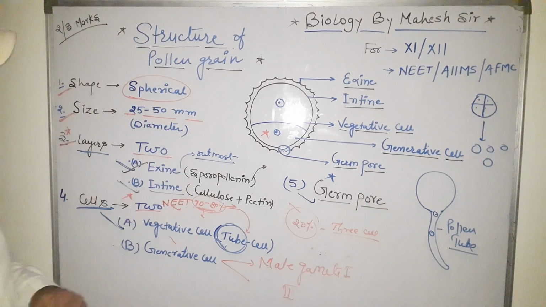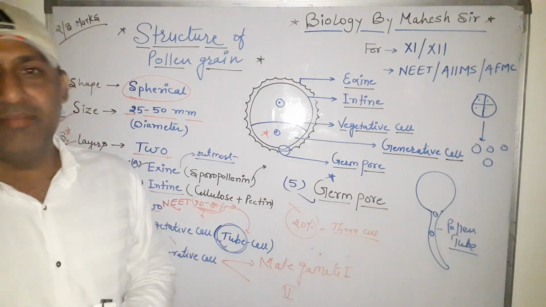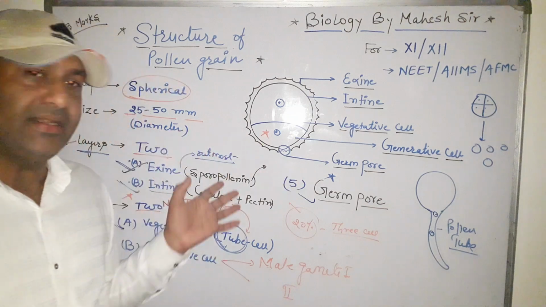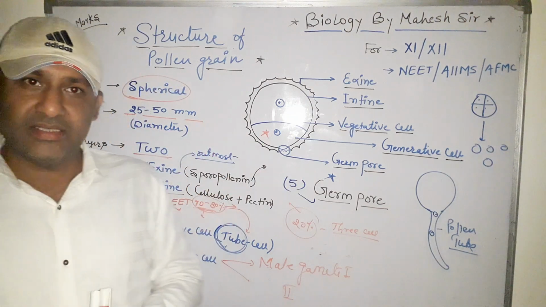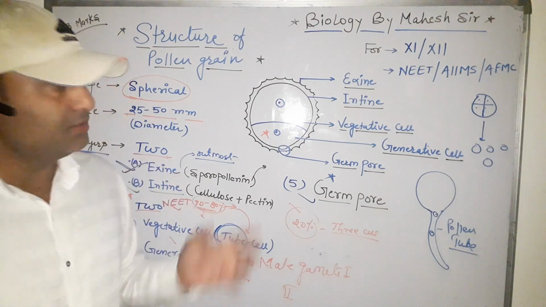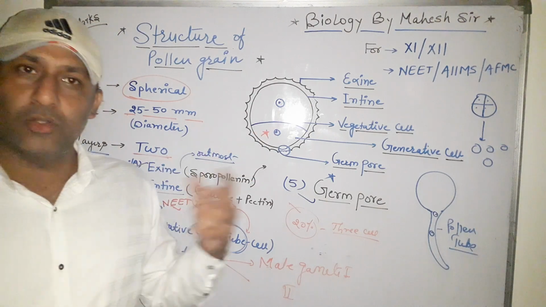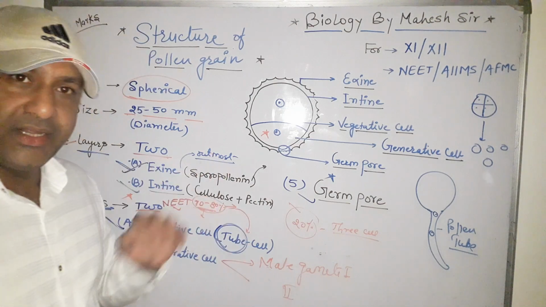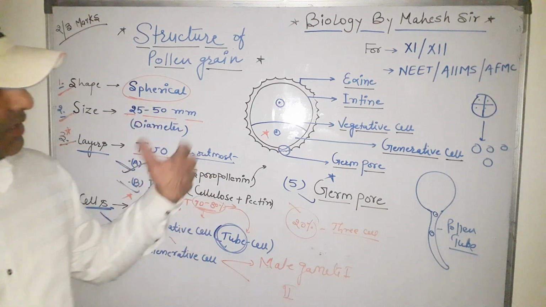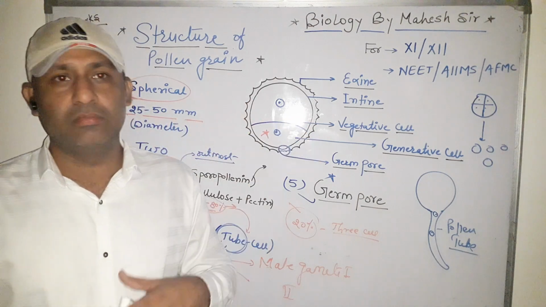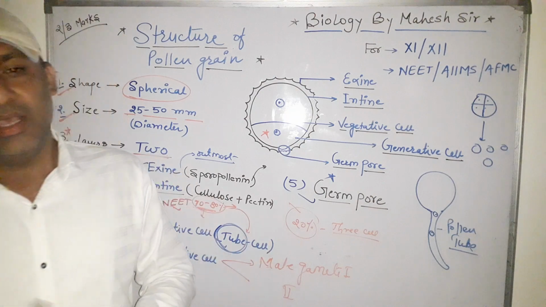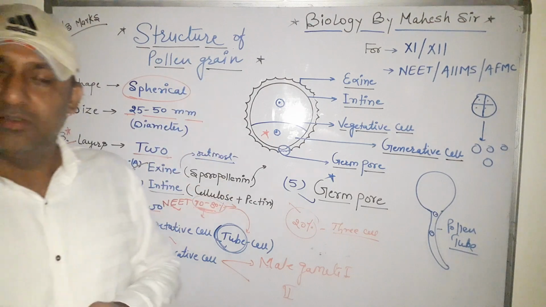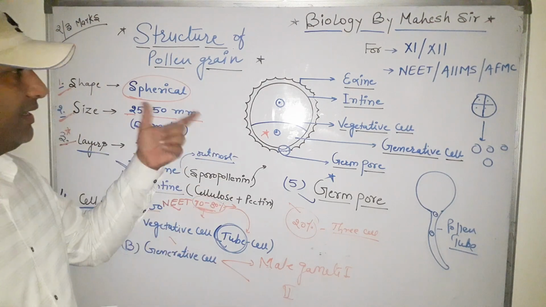Next is the function of the pollen grain. The pollen grain is the first cell of the male gametophyte. Clear? So the male gametophyte or pollen grain is transferred from the anther after dehiscence, after the maturation of the anther, and these pollen grains land on the stigma, where they germinate and release the male gametes. So it is the work of the pollen grain. It is very nutritive, so it contains very nutritive parts. Some medicinal factories produce medicine or nutritive medicine from the pollen grain.